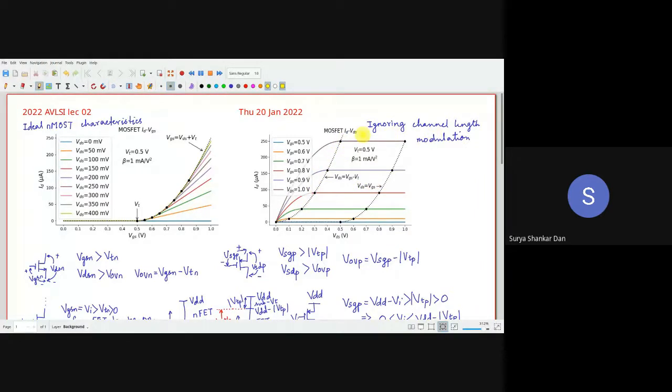Here I have written that it is ignoring the channel length modulation. So if it is a very large device, like a 40-year-old device, 1970s device, in that case, the device will be like 250 nanometer or even more, 500 nanometer. It is 0.5 micron technology. In those devices, the saturation region, as you can see over here in this plot, these are flat.